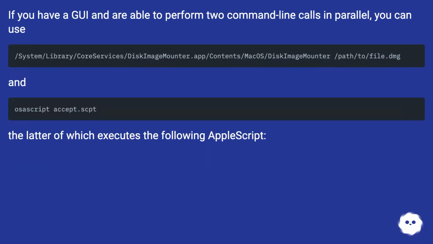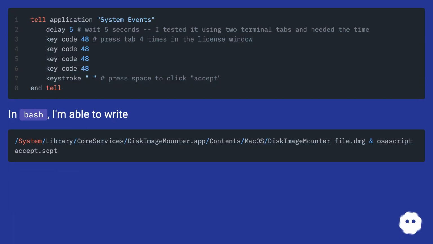If you have a GUI and are able to perform 2 command line calls in parallel, you can use the following, and the latter of which executes the following AppleScript. In Bash, I'm able to write